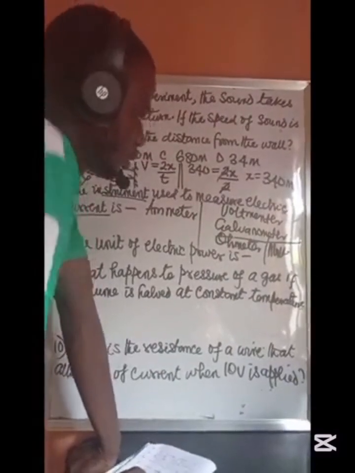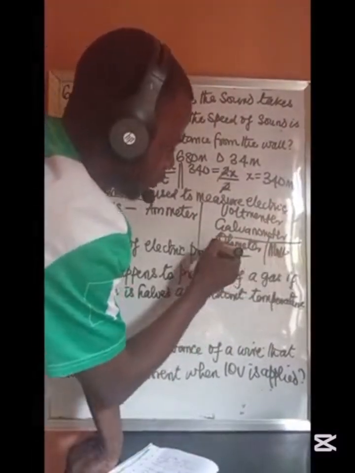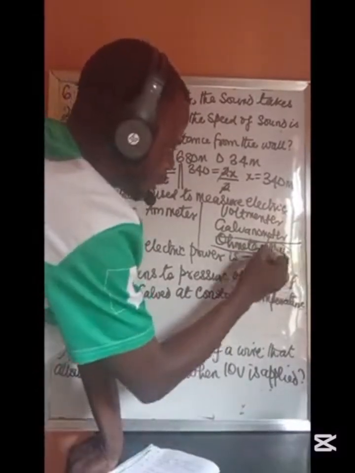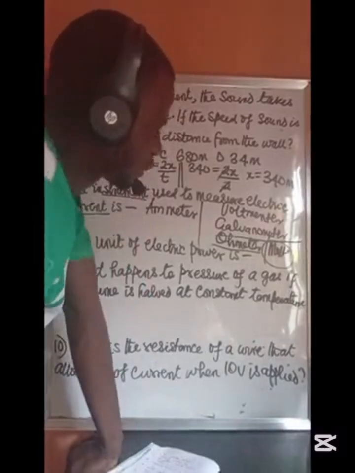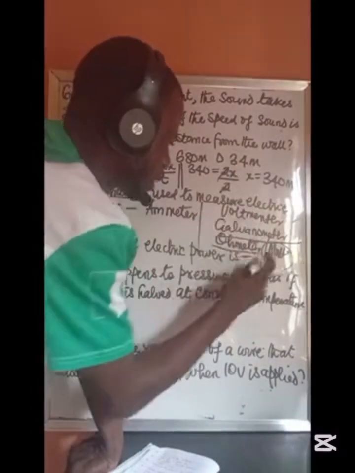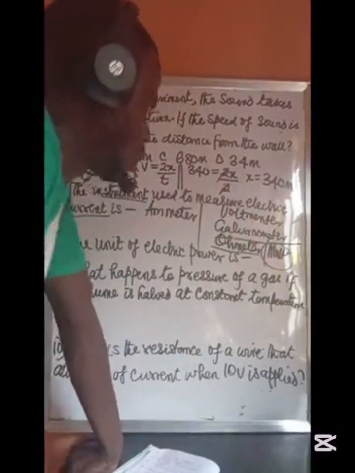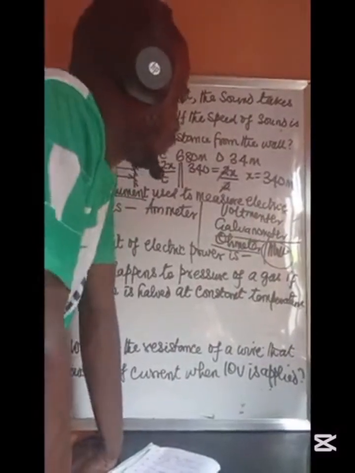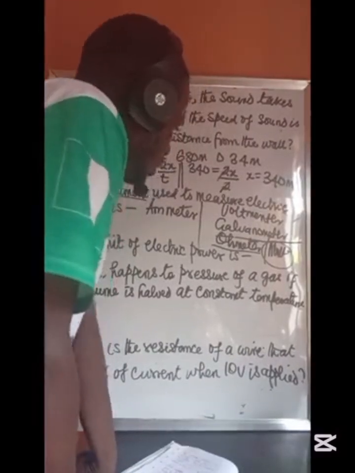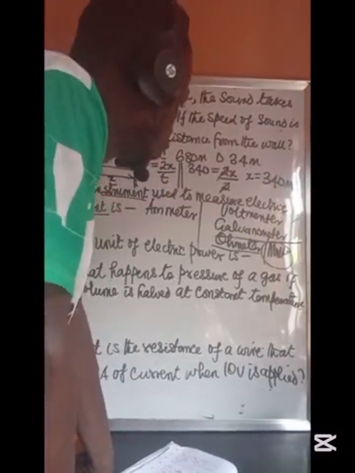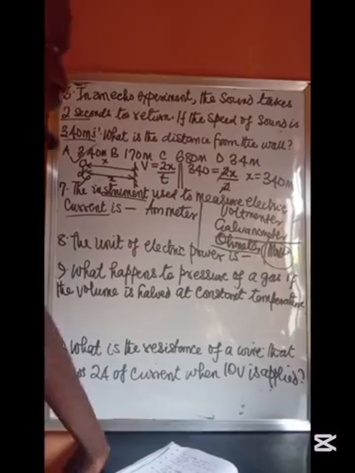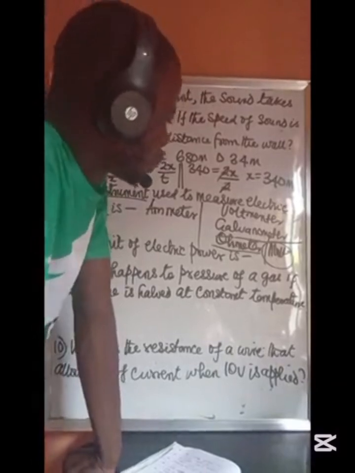Now, ohmmeter is for the measurement of electrical resistance. And multi means many. So multimeter is a device which can function as any of these, which has the functions of these combined. And we can always convert galvanometers to voltmeter or to ammeter using what we call shunts and multipliers. The videos are in our channel. You can check out that conversion of ammeters and galvanometers using shunts and